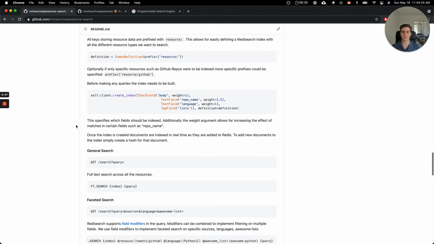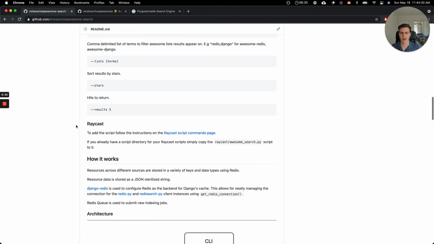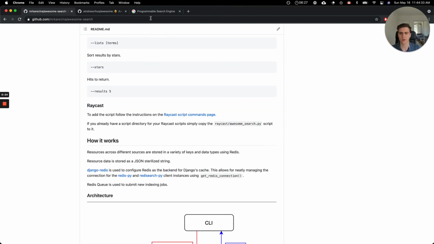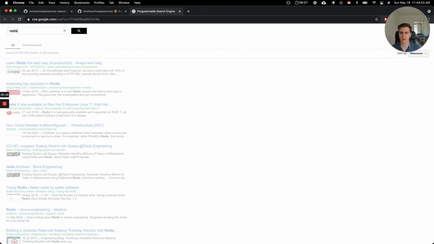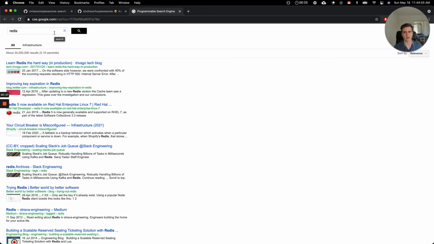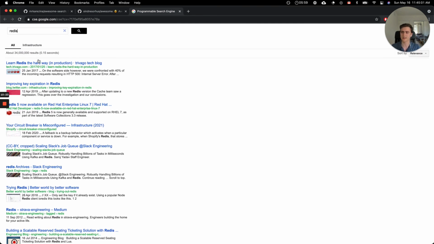So hopefully that gives you a bit of an idea of what Awesome Search is and how it could be used. As some next steps, I'm looking to continue developing Awesome Search over the next few months, and some interesting next steps include adding support for this. So this programmable search engine here sort of gives a demo of what the search component for blogs would look like. So one thing, when you search for something like Redis or a framework or popular technology, is that a lot of the time the top results will be a lot of SEO content or just sort of generic tutorials. But if you're just looking for how different companies have already used a specific technology in production and the engineering challenges that it overcame, for example, for Redis, you can see that when you only use a curated data set,